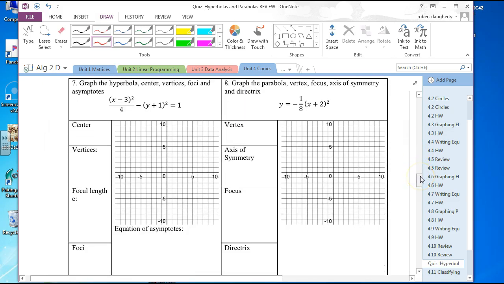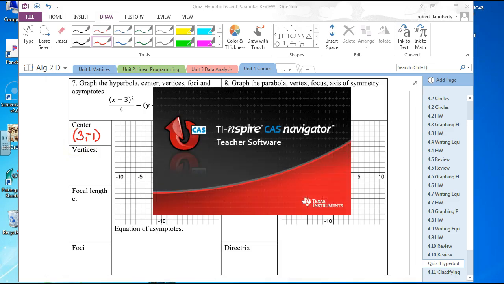Next problem. These are all graphing problems. So this first one is graphing a hyperbola. I need to find the center, the vertices, the foci, and the asymptotes. Center is (3, -1). Let me start my calculator here. The vertices. So,